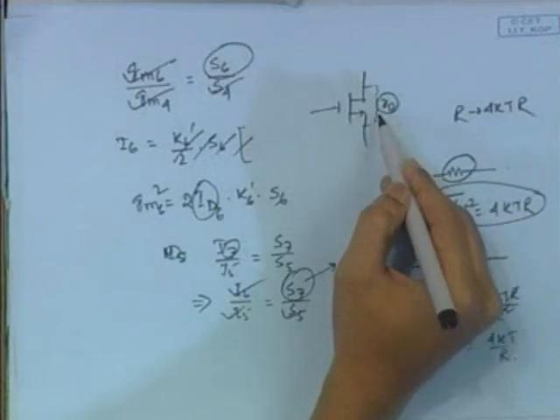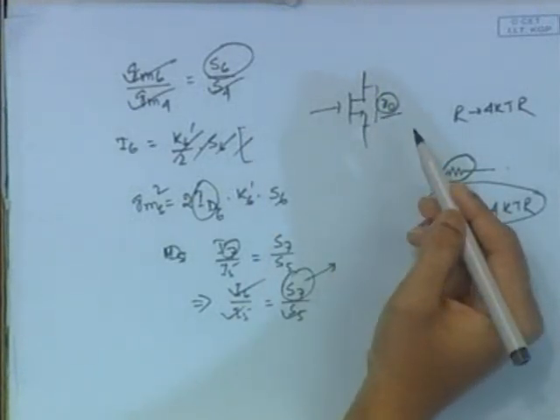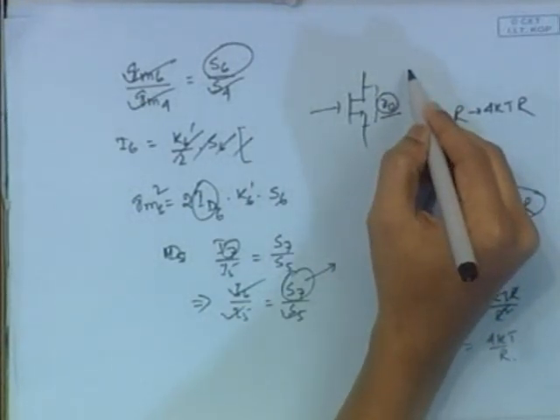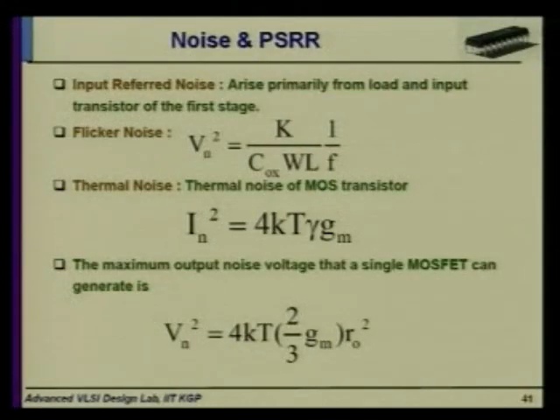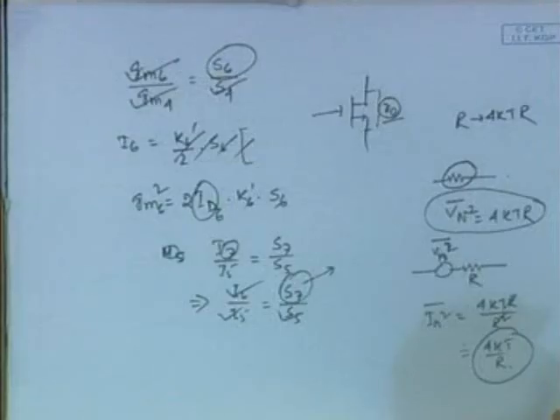So here at the output of a transistor there is an R0 resistance. So what will be the value of In square? In square is basically given as 4kT gamma gm, and this gamma is basically a process parameter, a transistor parameter, and for a long channel device this is about 2 by 3. Okay, which I have used in the next calculation. See, 4kT by R can be replaced as 4kT into some transconductance, isn't it? 1 by R means conductance.